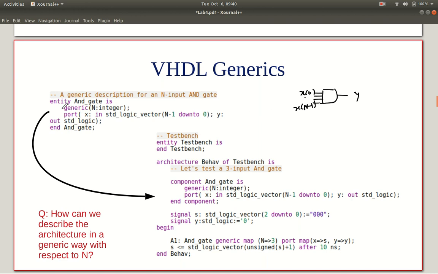So we declare the generic this way: generic n, currently it's of type integer, it can be of other types, and then we define the size of the AND gate with respect to n. So x is a vector of size n minus 1 down to 0. Now how do we